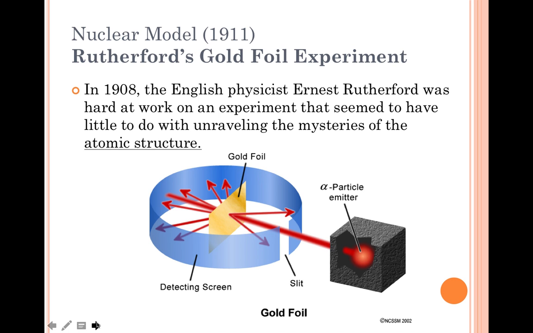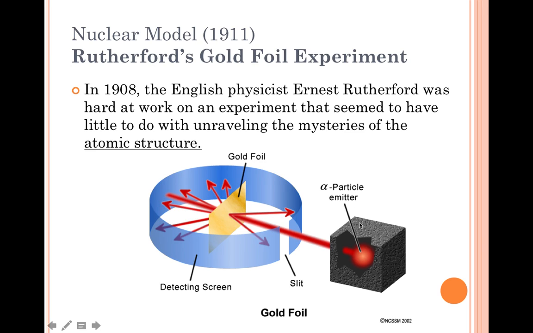Okay. So now we're going to get closer to the more modern version that you've been taught in school since probably the 4th grade. It was proposed by an English physicist named Ernest Rutherford, and it was based on a very, very famous experiment called the gold foil experiment. You may want to stop the video and sketch this a little bit, but I'm going to describe it. So what he did was, inside of a lead box, he put a radioactive sample. And that radioactive sample gave off something called an alpha particle. An alpha particle is essentially 2 protons and 2 neutrons, kind of like a helium nucleus. Some radioactive materials give those off.